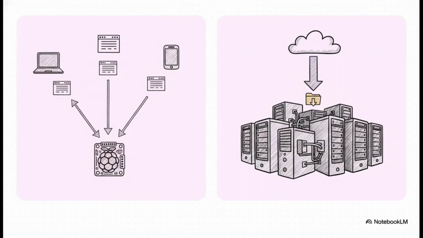I mean, check this out. A tiny little $5 computer, like a Raspberry Pi, can absolutely be a server if its job is to host a website. And on the flip side, a massive supercomputer becomes a client the second it needs to download a data file from somewhere else. You see? The size, the power, none of that matters. It all comes down to the role in that specific conversation. Who's asking and who's providing.